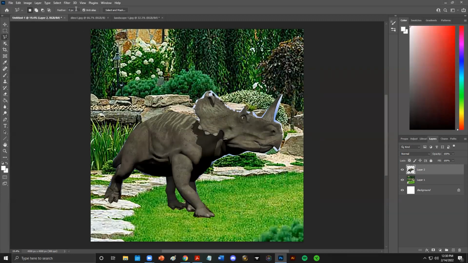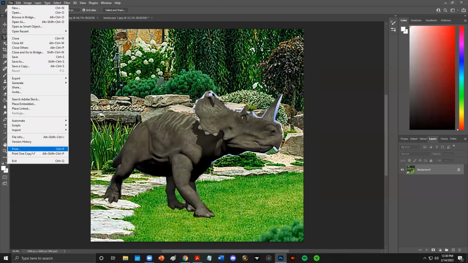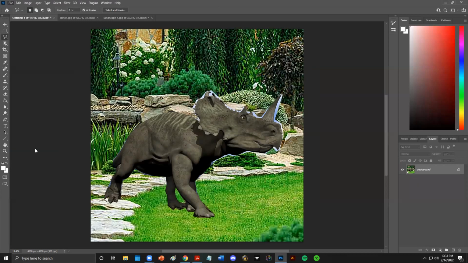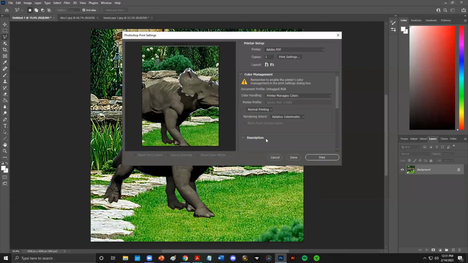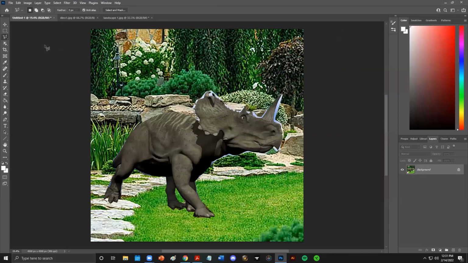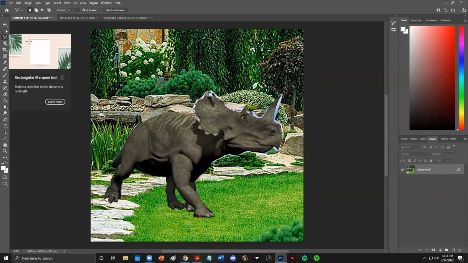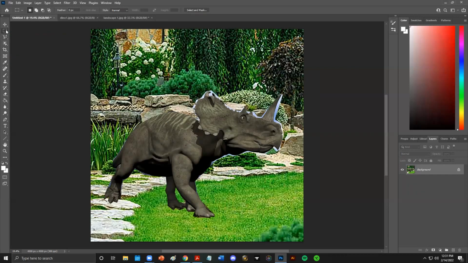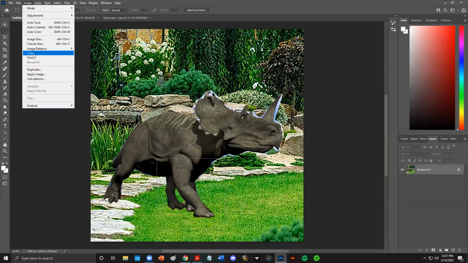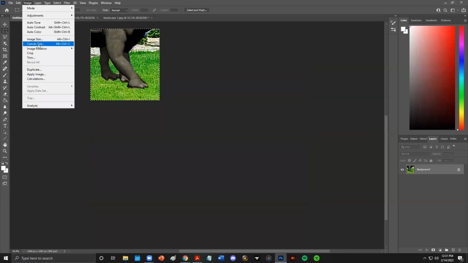And then let's say you want to flatten it to print it. I don't have a printer hooked up to this computer, but you can print by hitting File, Print, and print it to whatever printer you have connected to your computer. You can also then go in, let's say you decide you just want to print a certain section. You can use your selection tool. You can select maybe just this area,